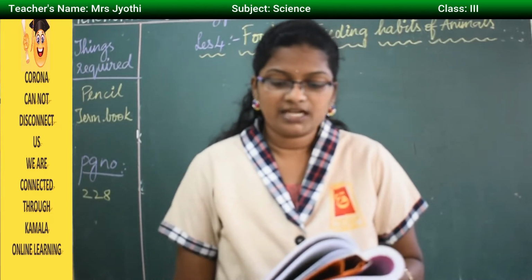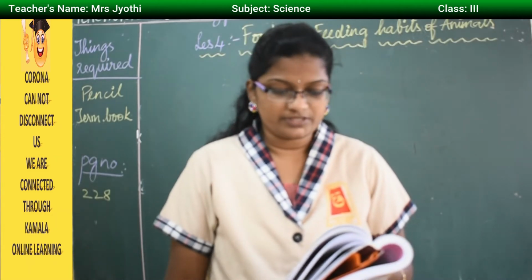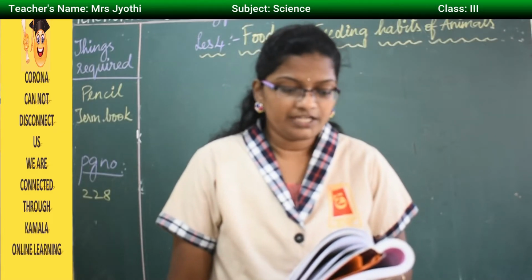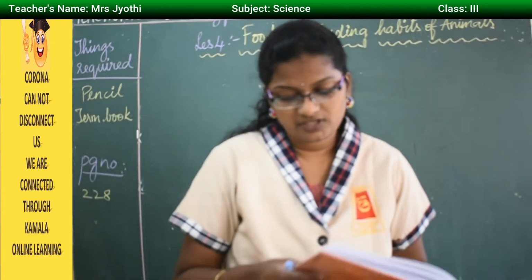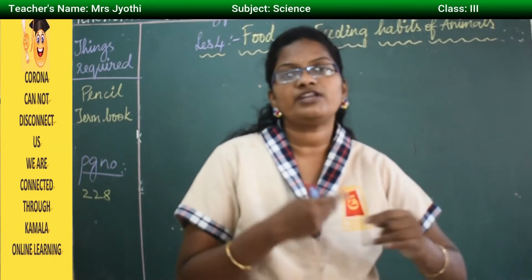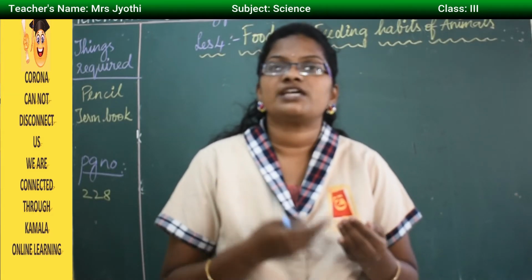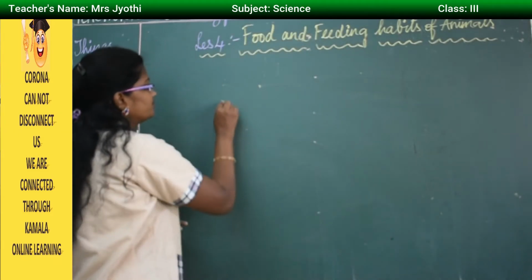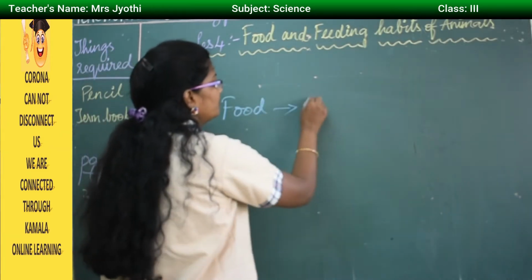Our planet Earth consists of different kinds of animals who have different types of eating habits. But all of them have one common thing in them. They all need food to obtain energy that keeps their body alive and active. So each and every living organism, not only plants, animals, human beings, every living organism needs food. So why do we need food? It gives us energy. It helps us to stay alive and active. So food is the common thing for all the living beings. Food will give us energy.